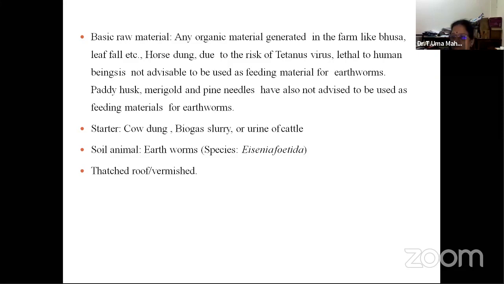Then what is the raw material we need? Already I said it is a green material or waste material. So what is that green waste material? Any material you get that can be decomposed can be utilized for the production of vermicompost. Except stones, glass pieces and plastic, only these things should not be there.